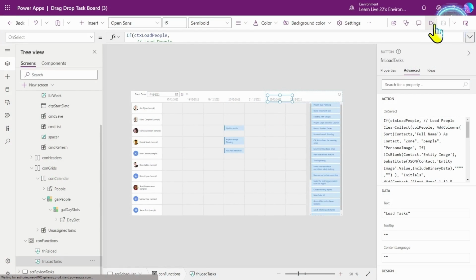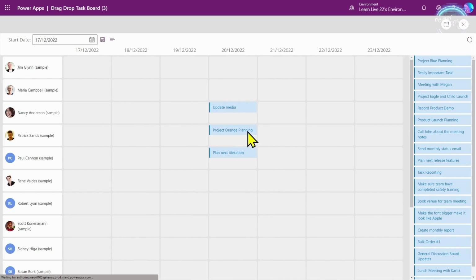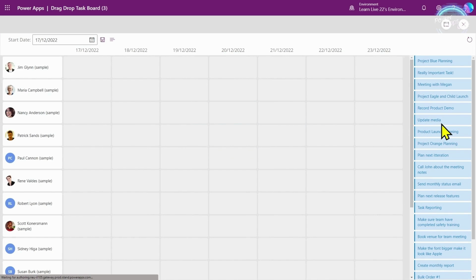Obviously, there are different ways that you could achieve the same thing, but what I've tried to do here is just put all of that code in the same place to make it easy for us to work on. So let's make sure that when we drop something, we capture the event and we make that update to that collection that stores all these tasks, which will then cause a re-render.